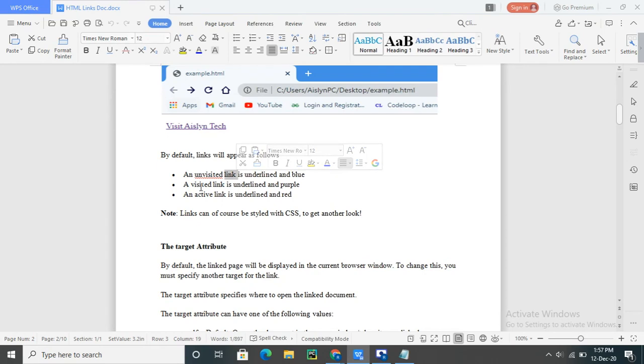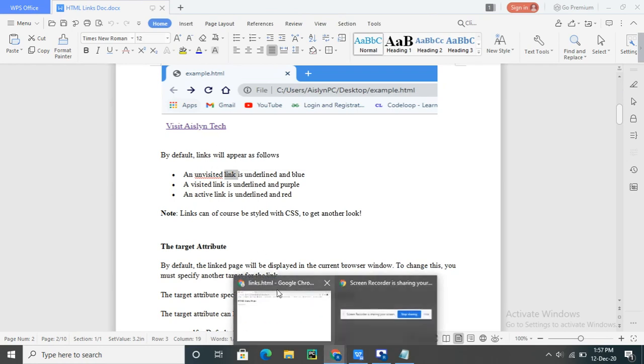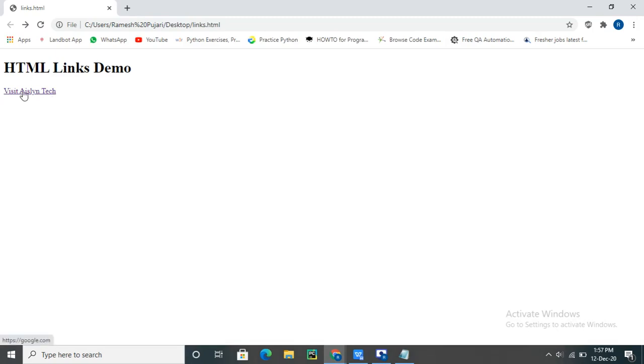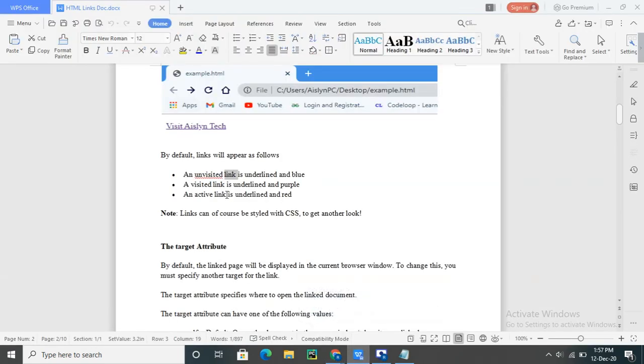An unvisited link will be underlined and blue in color. A visited link will be underlined and purple, so that color will be changed. When the link is active, it is also underlined and in red color. This is all about links.